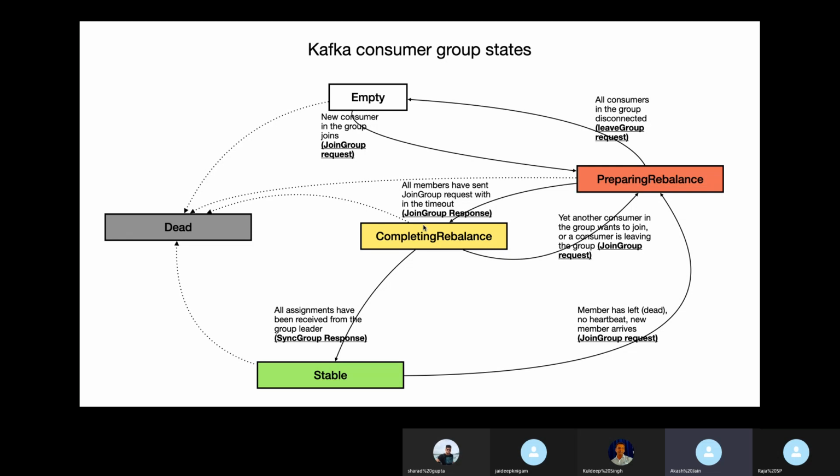Others will make an empty sync group request. The response is going to contain the partition assignment, and that's how the consumer group is reinstated into a stable state. So that is basically how the consumer rebalancing happens.